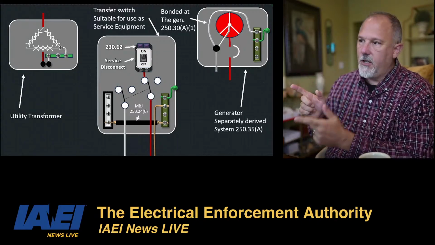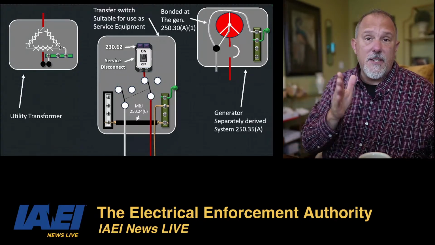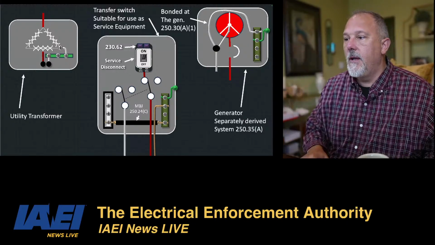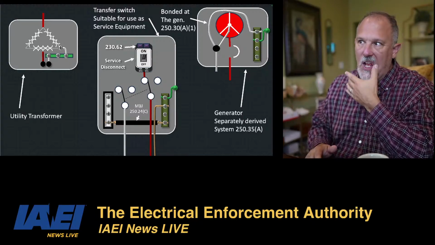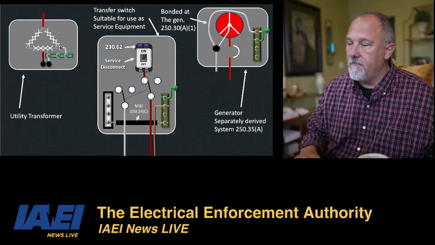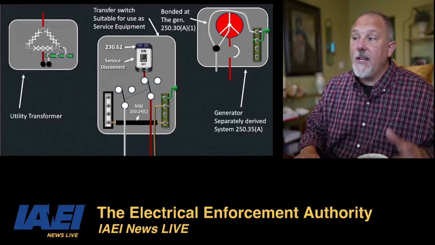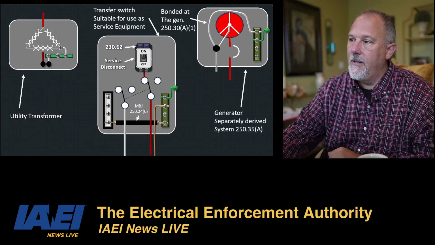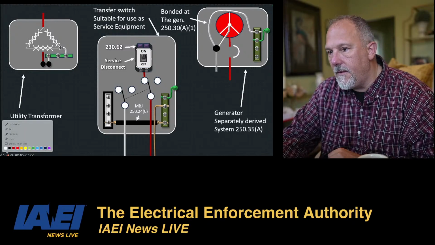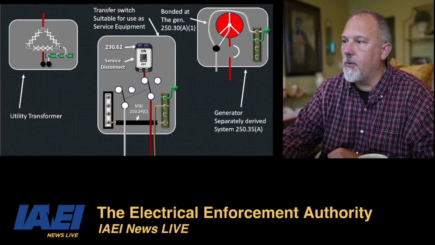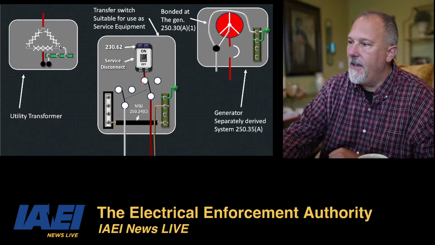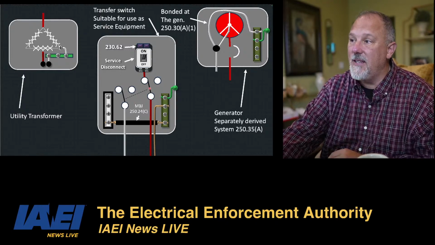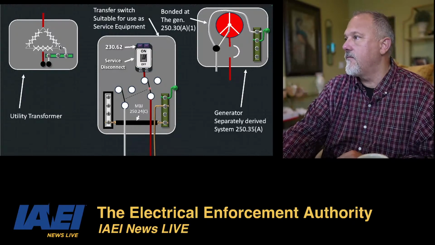In the transfer switch, you'll notice my main bonding jumper. This is service equipment now, so it's suitable for use as service equipment. I'm going to bond my neutral bar and my ground bar in that equipment. I have a service disconnecting means. I am switching the neutral in this case, and that's the white conductor. Oh, laser pointer. I can do a laser pointer right here. Can you see the laser pointer? That is my switched neutral. These are my switched hot conductors, and there's 3 in there. I've only drawn 1.